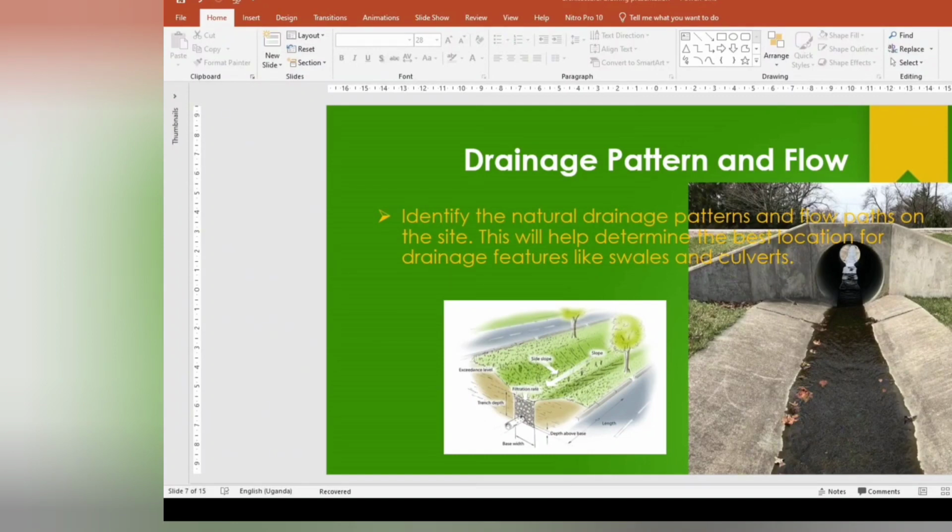So next we can look at water table and soil conditions. One should understand the local water table and soil conditions to determine the likelihood of water accumulation and potential drainage issues. Meaning, you may find that in the area where your site is located, the water table is a bit high. So if you have not studied the water table of the site and the soil conditions, which involve the soil type, which is